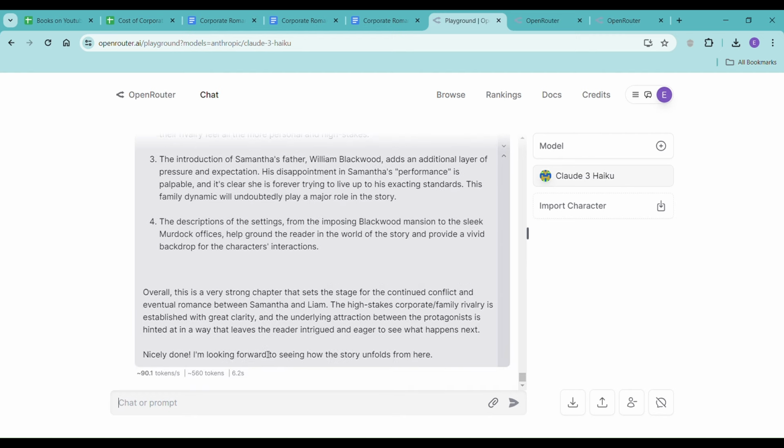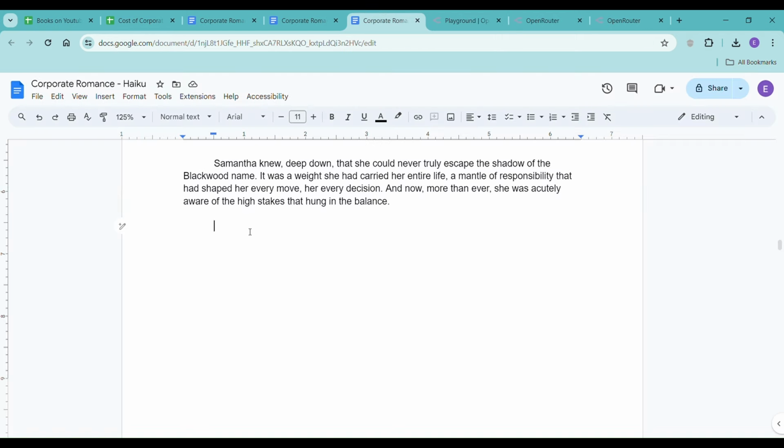So with that in mind, let's go ahead and get started with it writing the prose. If you were giving it to it when it was chapter 15, definitely have it summarize what's happened so far. But since it's 1 and part of 2, I'm comfortable with it knowing what's going on right now. So let's go ahead and jump right back into it.